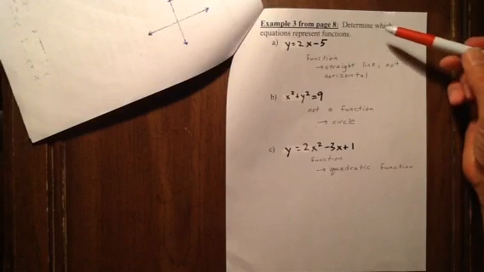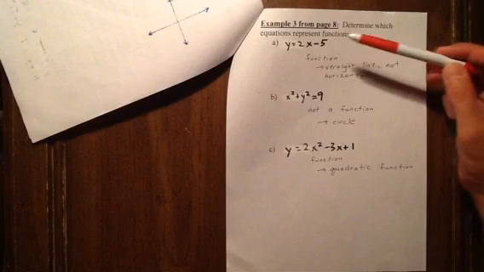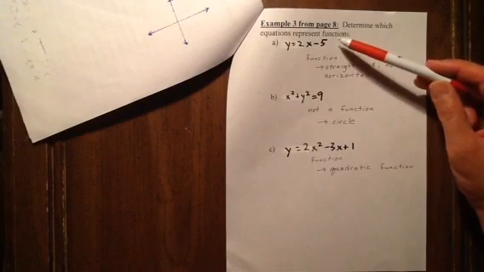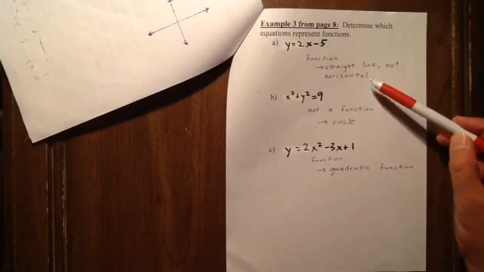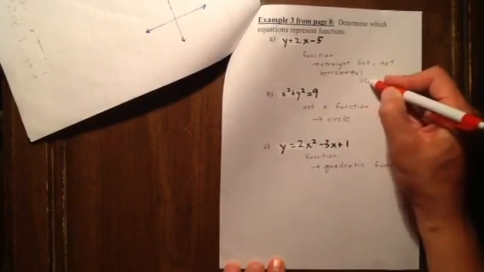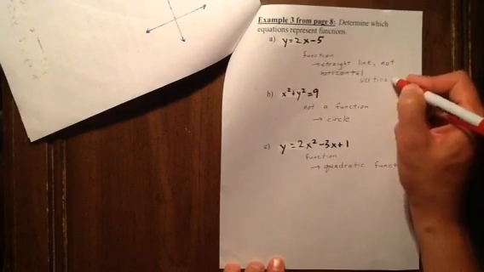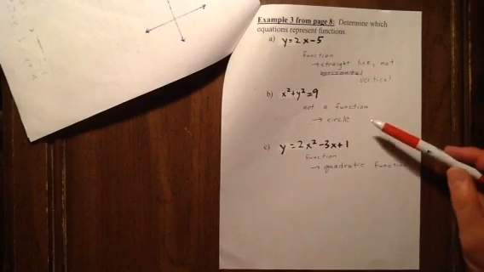So, as a final note, are these functions? Well, y equals 2x minus 5 is a function because when graphed, it's a straight line that is not vertical. I should say, a vertical line isn't a function, but any other line is. x squared plus y squared equals 9 is